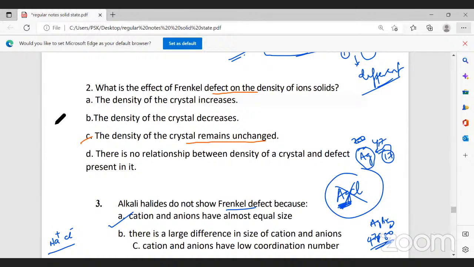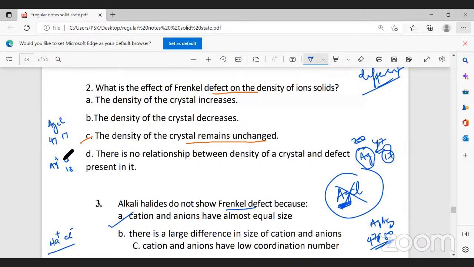Now, AgCl, I'll explain again. AgCl. Atomic number of Ag is 47, chlorine is 17. And here we have Ag+ and Cl-. That means the chloride ion has 18 electrons. Due to the smaller size, the repulsion of the electrons becomes more. And therefore, it becomes almost a comparable size with silver. Therefore, it will show Schottky defect. But here in AgBr, almost